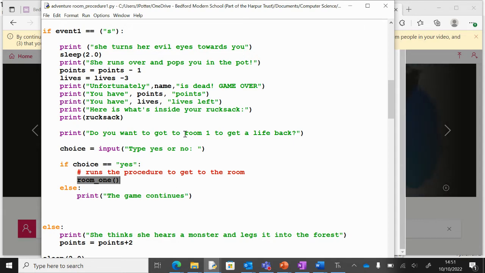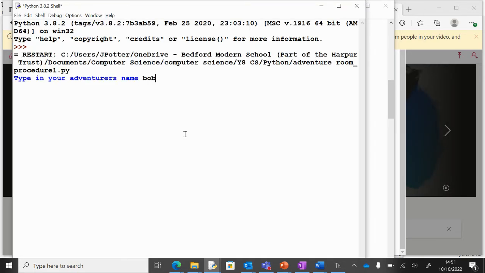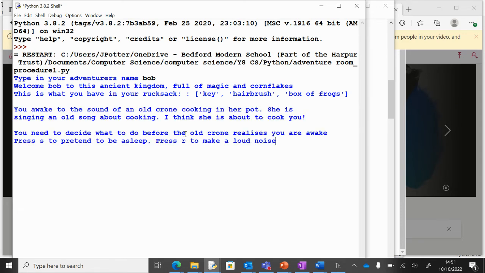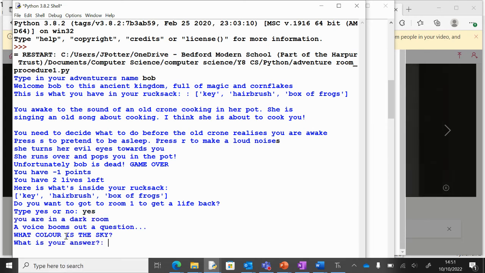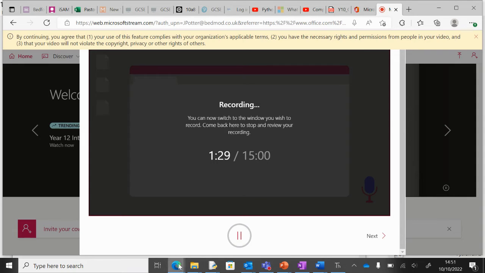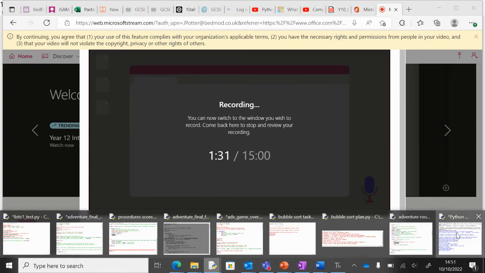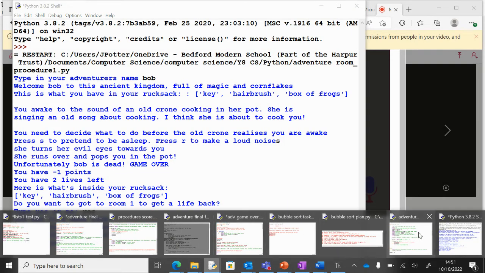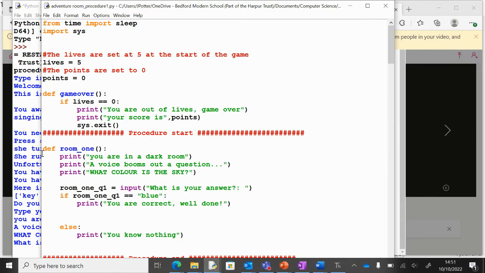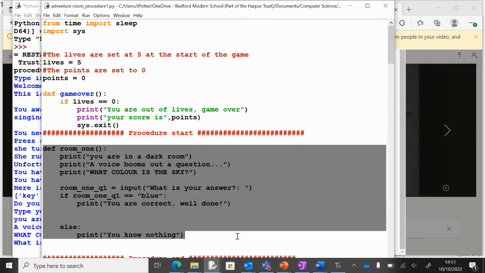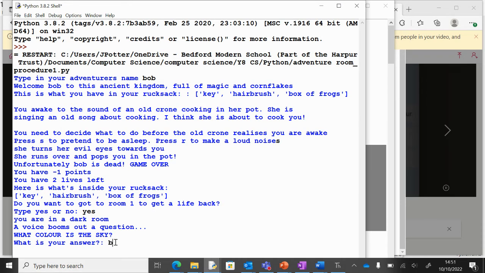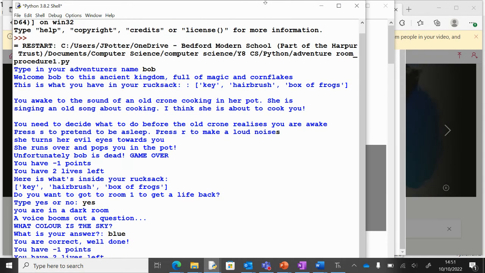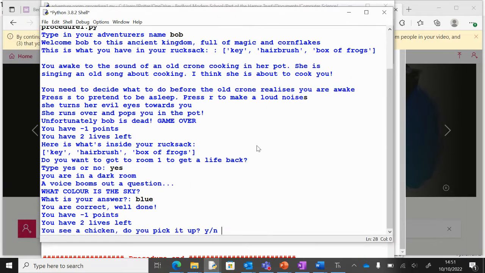Okay, so if we were to run the game, this is what we'd see. Okay, and we'll go S, and then we get the other nested if statement, and then we say yes, and then the room code will execute. So the room code is what we looked at earlier, just here. Okay, so let's just check if it definitely works. Colours the sky blue. Yep, good. And then the game will continue as normal after that.